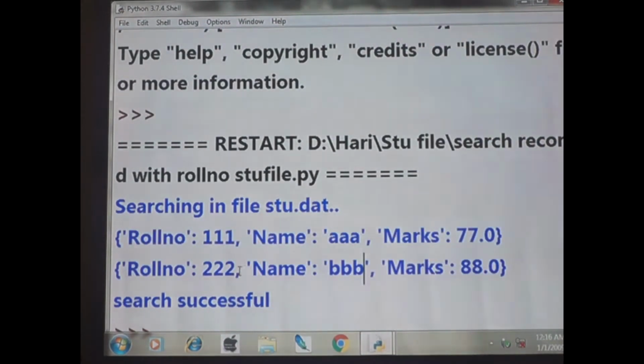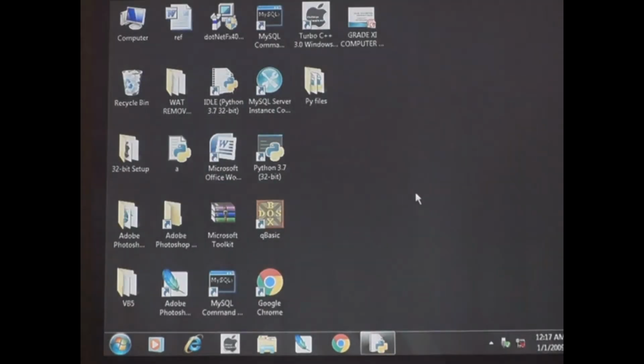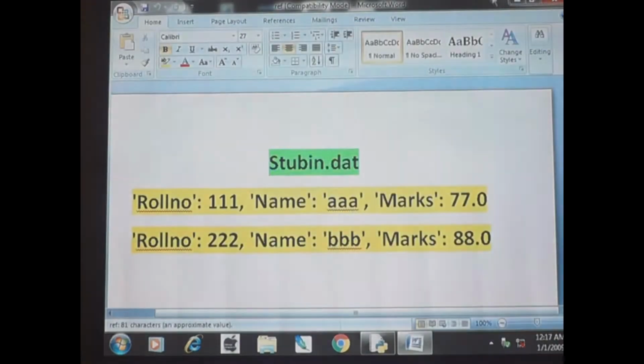Only 111 and 222 data will appear, whereas the 34 and 21 records are not found, so they won't appear. Understand students? So where is the file reference? You can open this one.